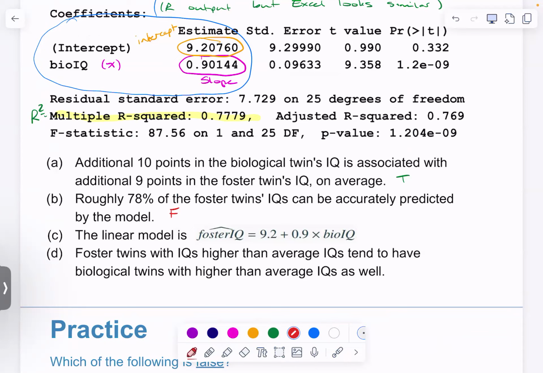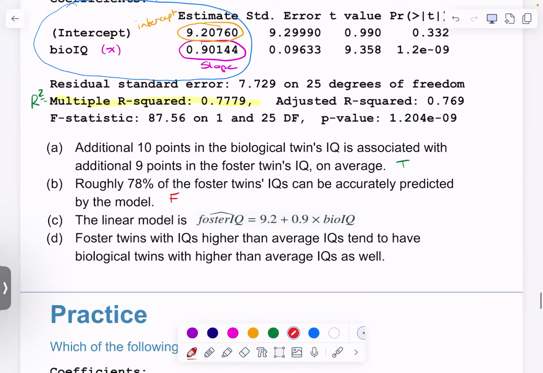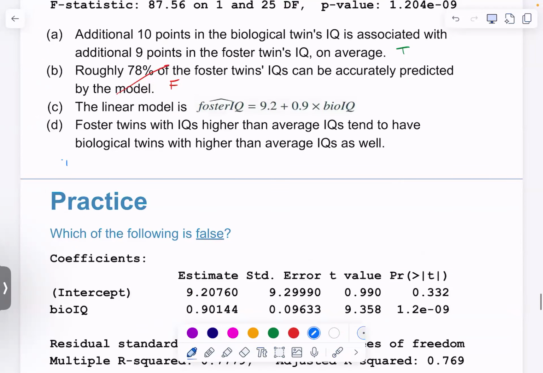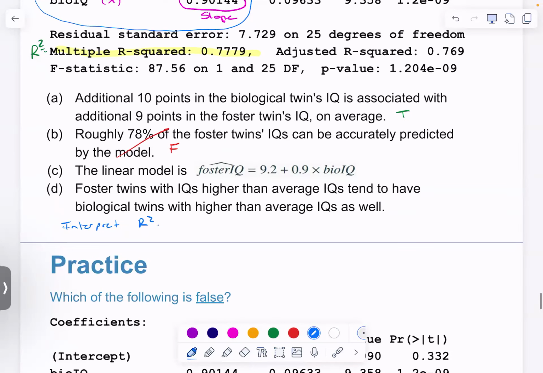I'm going to tell you that this is false, but instead, what I want you to do is interpret the R squared. Instead of using that weird or wrong interpretation, let's just interpret it properly. So we're going to round to 78%, right? 0.7779. So 78%